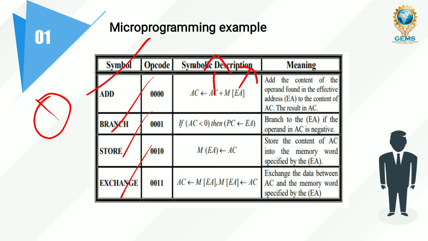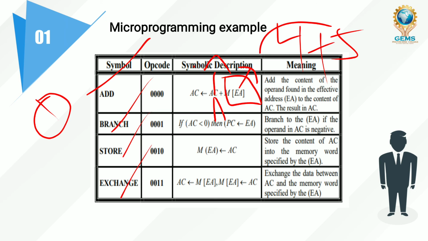Now the instruction suggests adding the data that is in the effective address and what is in the accumulator. AC means accumulator. So now some data is here, some data is here. For example, in an effective address in memory 5 is there, in accumulator 4 is there. Now what is the operation here? The operation is addition, and again this result will be stored into the accumulator. So these operations are performed by how? By execution of the instructions.